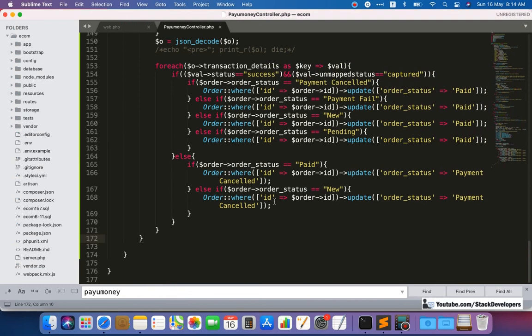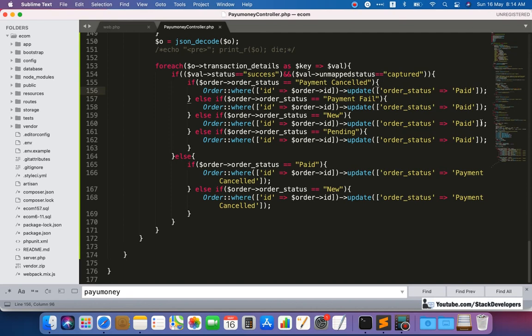So we can do one more thing here. You can do some echo here to check that this API has updated the status of this particular order. That thing you can do if you want to do. Simple enough. Like if the status is updating to paid from payment cancel, then you can give it here.